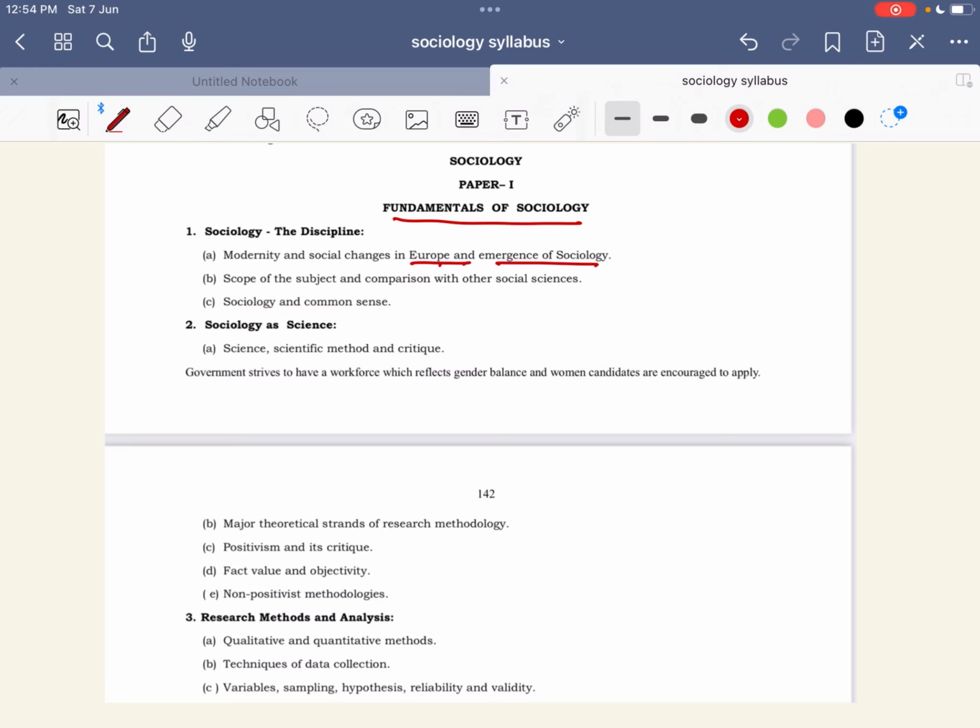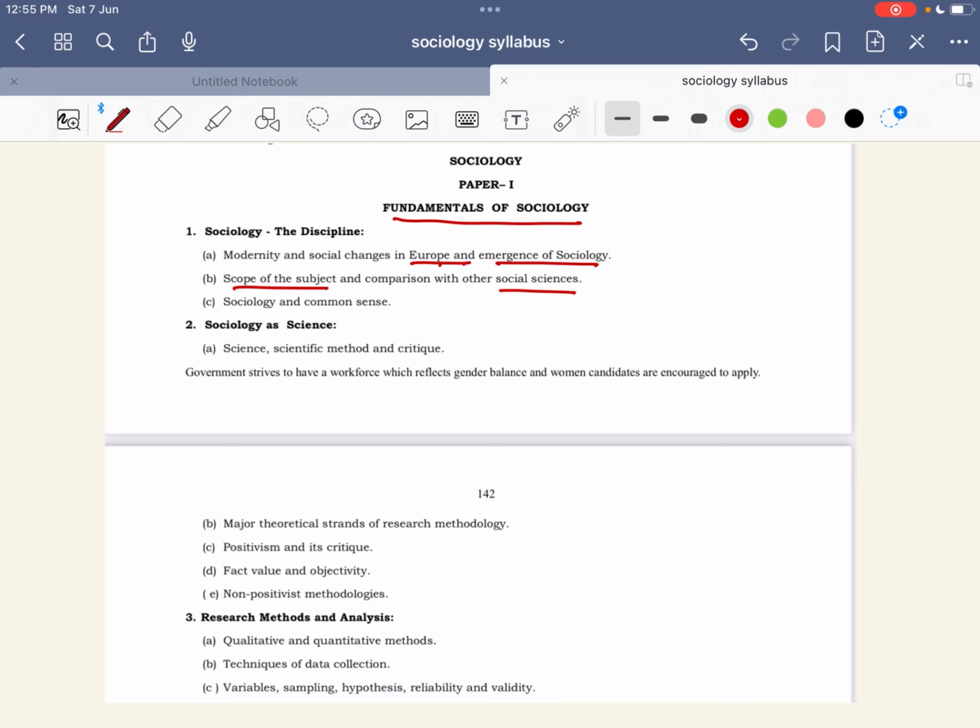So यहाँ से ये पता चलता है कि जैसे यूरोप में मॉडर्निज्म आया, टेक्नोलॉजिकल चेंजेस वहाँ पे हुए, तो उससे सोसाइटी में जो फ़र्क हुआ, the changes that happened in Europe, that was the point where sociology as a subject emerged. Okay, then there is a scope of the subject,